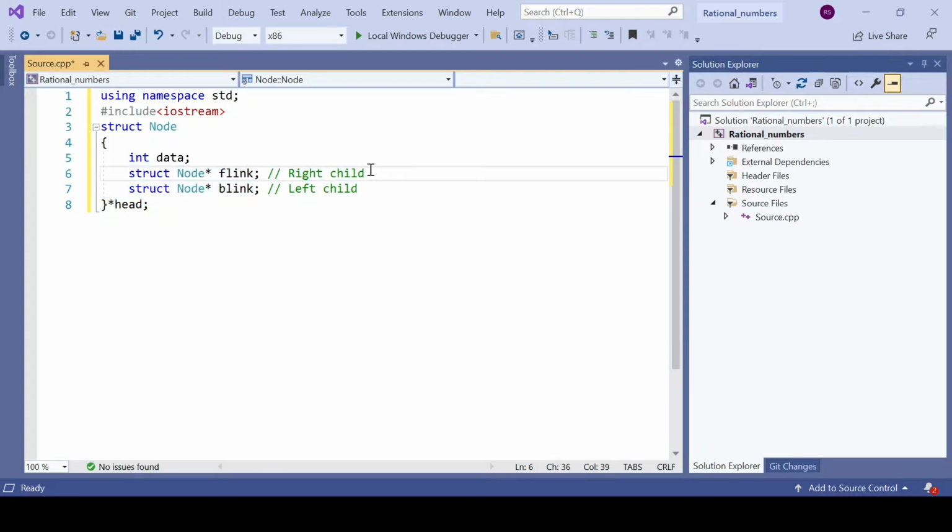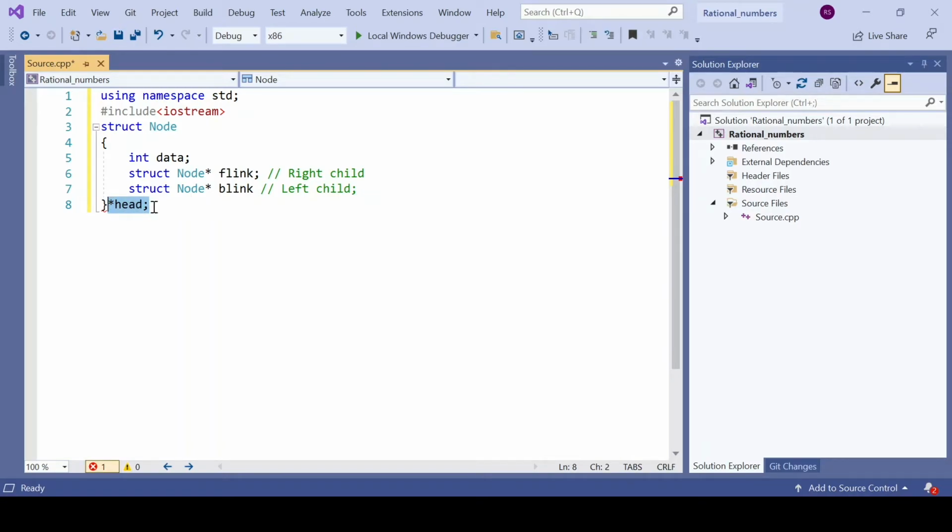Now I am going to treat the f-link as representing the right child, and the b-link to be connected with the left child. So in each node there will be one pointer connected to the left child, called the backward pointer or b-link, and one pointer connected to the right child, referred to as the forward link pointer. And there is a head declared here.